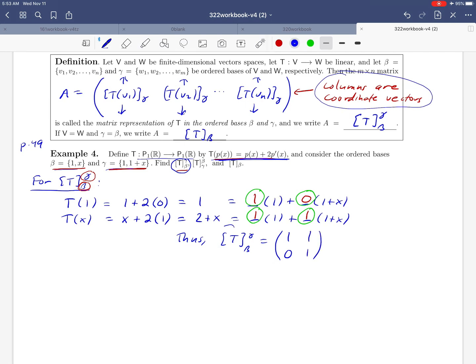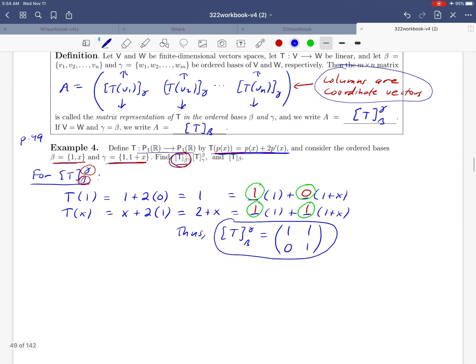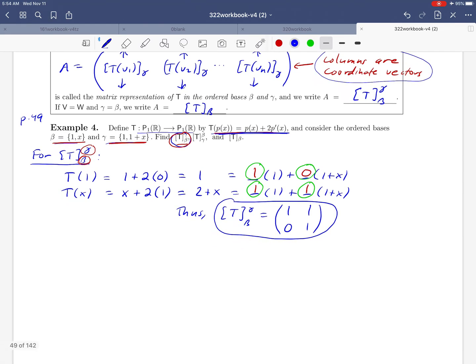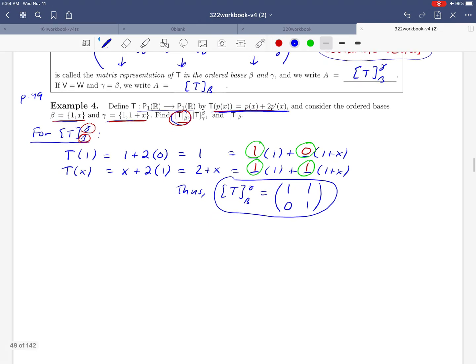Okay, and there's the first of the three things that they asked us for. We just did this calculation right here. Okay, now again, kind of a lot of stuff that we did. That's going to seem a little convoluted the first time that you see it. Okay, so let's calculate the other two matrices, and you might start to see a pattern here of what's really